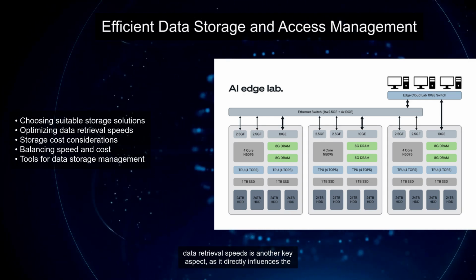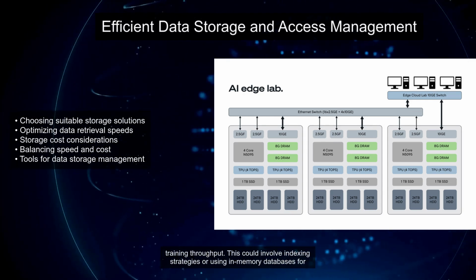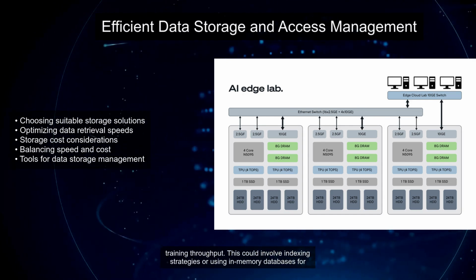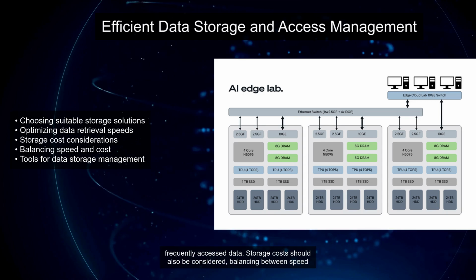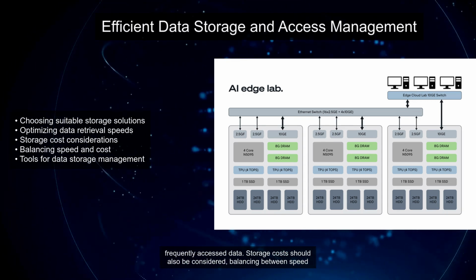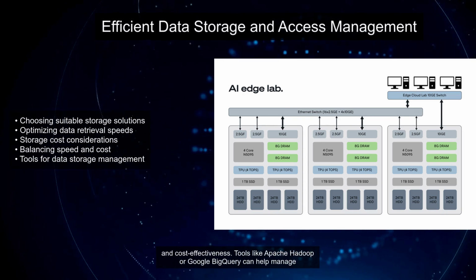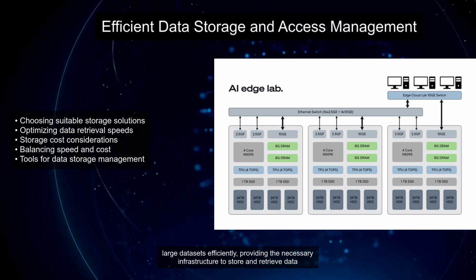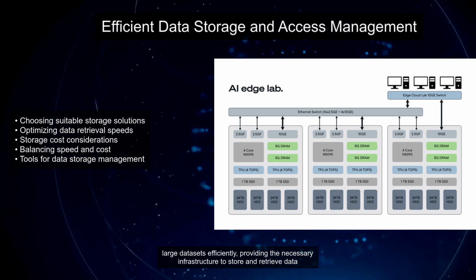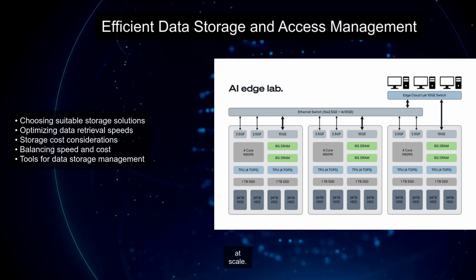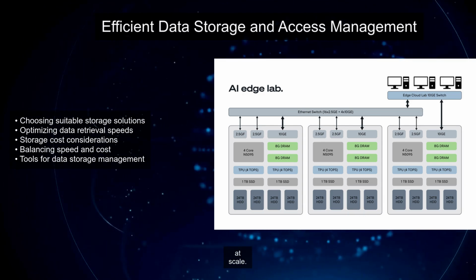Optimizing data retrieval speeds is another key aspect, as it directly influences the training throughput. This could involve indexing strategies or using in-memory databases for frequently accessed data. Storage costs should also be considered, balancing between speed and cost-effectiveness. Tools like Apache Hadoop or Google BigQuery can help manage large datasets efficiently, providing the necessary infrastructure to store and